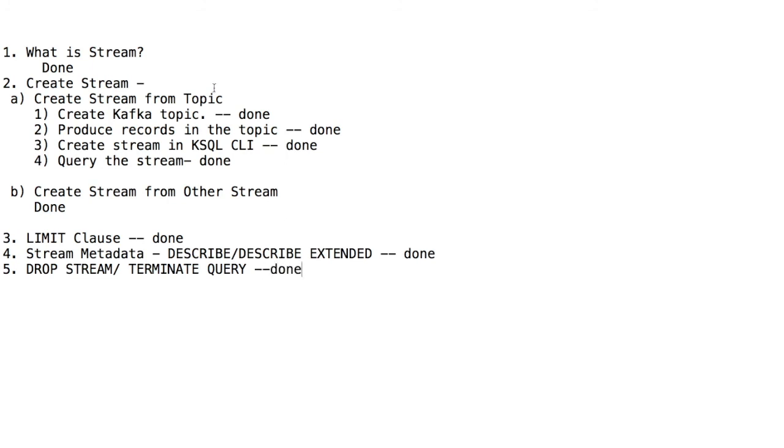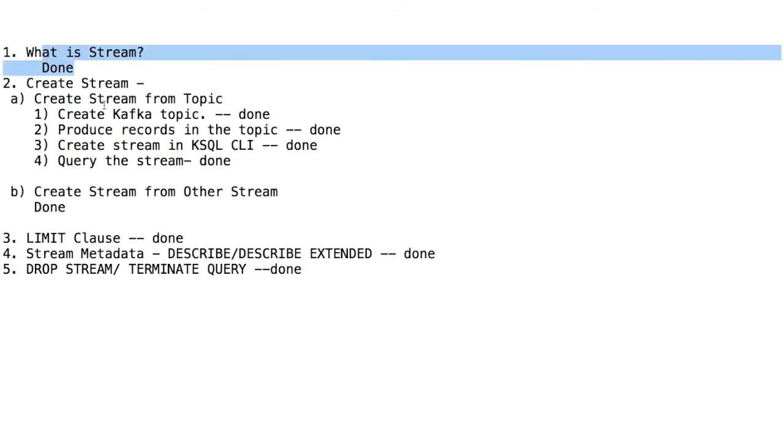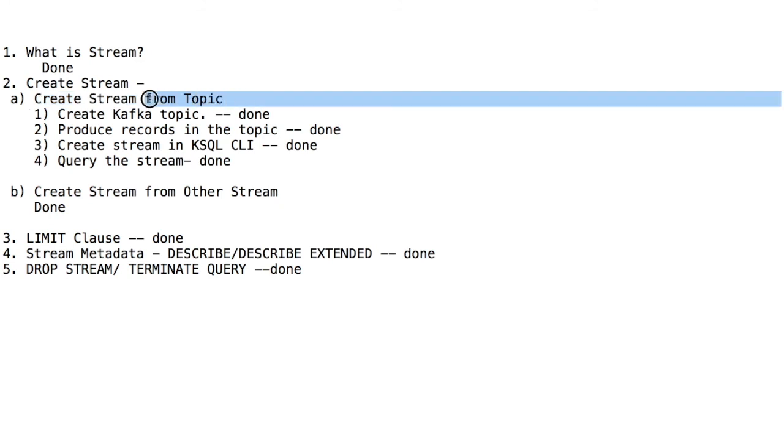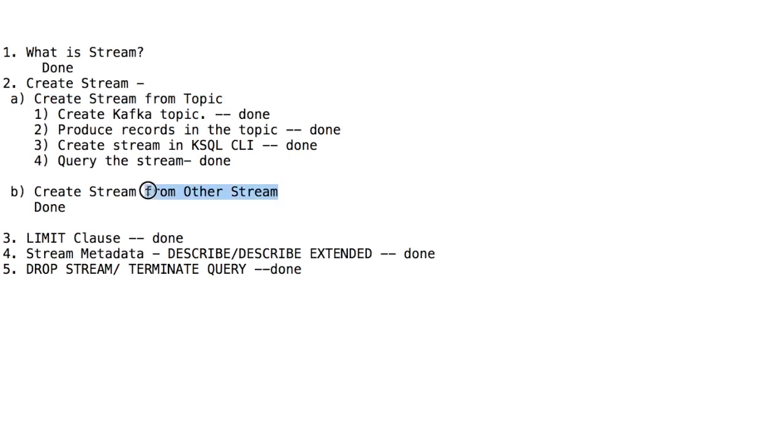Now we have a fair understanding of what a stream is. We know two ways of creating a stream: the first is how we can create it from a topic, and then how to create a derived stream. We know the use of the limit clause, and also if you want to see the metadata, you can see that. And at last, if you want to drop a stream, we saw that